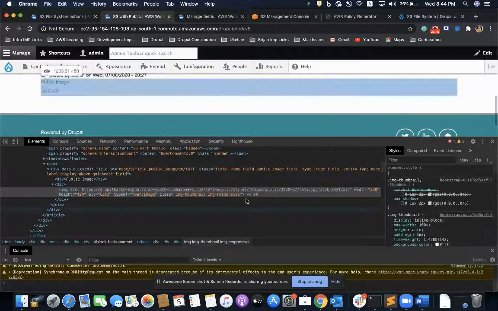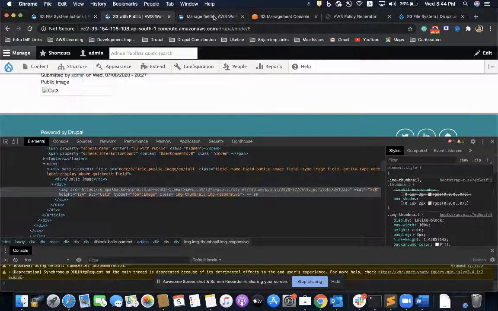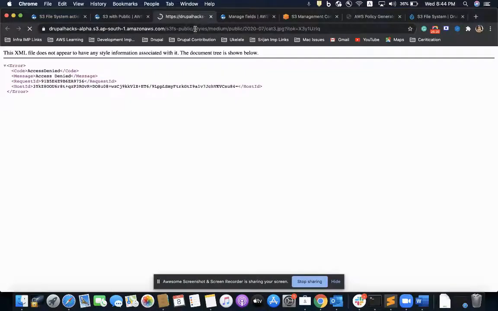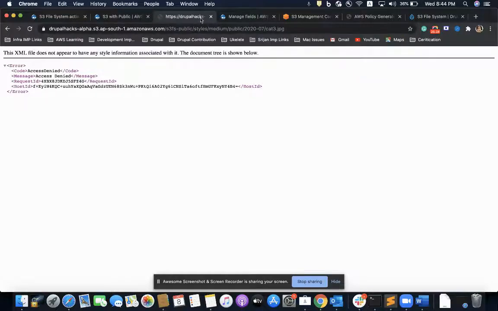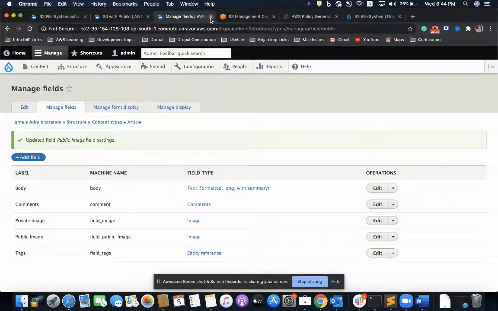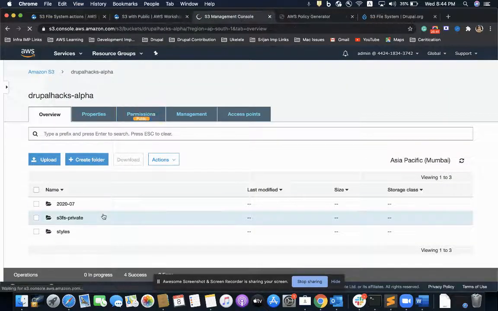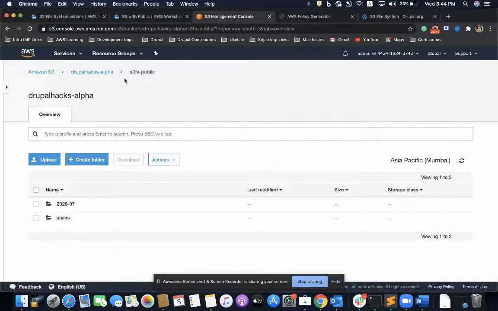Again, I'll go. Even then, I can't access my file. S3FS public styles and so on. Okay, access denied. I must have done something wrong. I'll refresh this. This folder has been created.